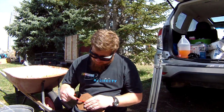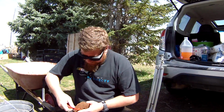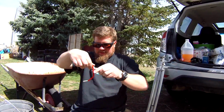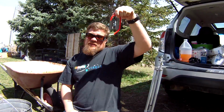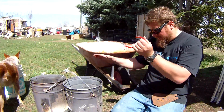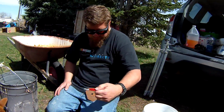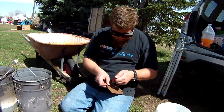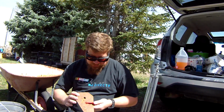There we go. Right now what I'm doing is showing you guys I'm very weak. Well, those aren't really made to bend, Ben. Because what I'm trying to do is these are going to end up being my handles to lift off a lid that we're going to turn these 5-gallon metal buckets into. Now, I've already prepped the metal buckets in such a way that